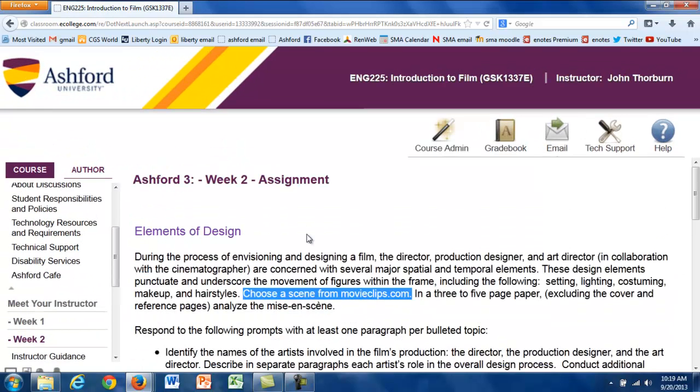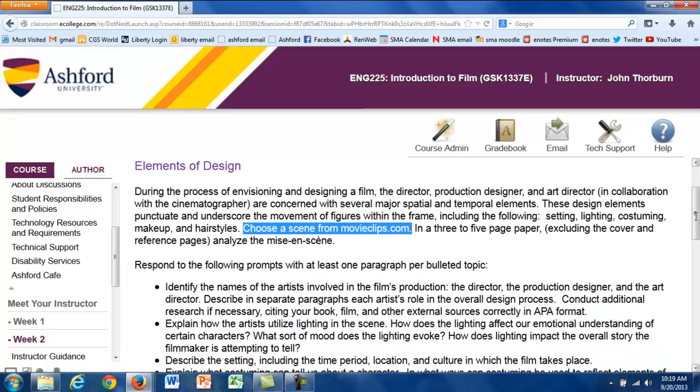Then you're supposed to write a 3 to 5 page paper. This is a research paper, so you're going to need to look at some outside sources. Your textbook for the course can be one of these sources. Note also that the 3 to 5 pages does not include the cover page and the reference page or reference